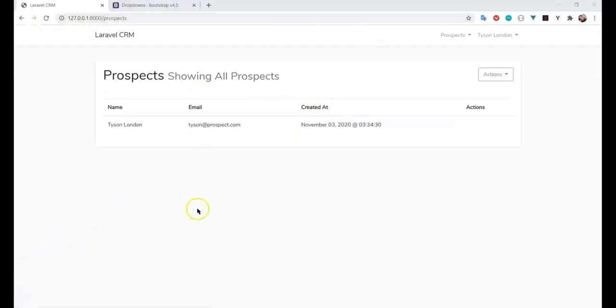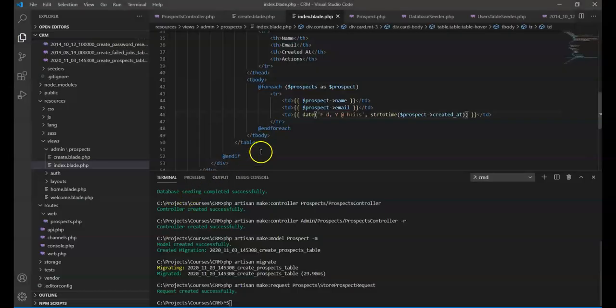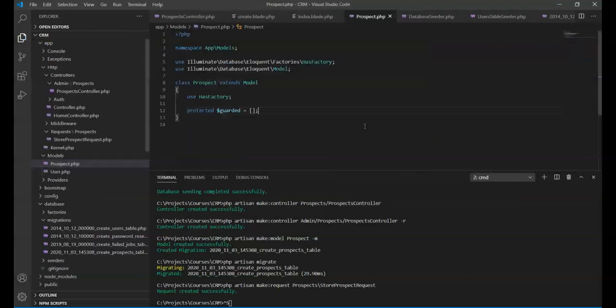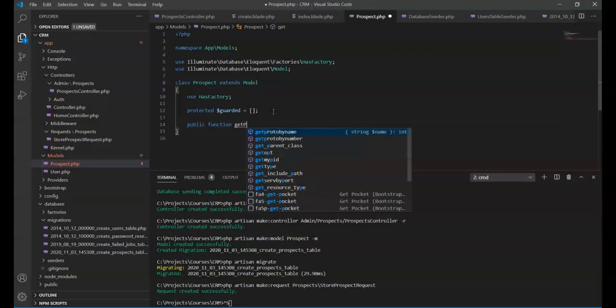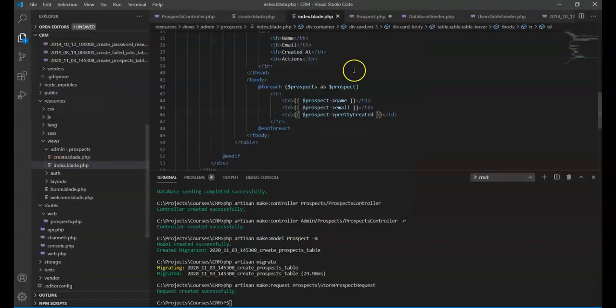So, and actually talking about tweaking this is a good opportunity for us to actually add some custom attributes. So modify the data that's in the table and spit it out kind of differently. So let's do that here. So instead of doing this, let's actually create an attribute using a magic method, and we'll call this prospect dash pretty created. You name it whatever you want there, but we'll go to our prospect model now. So again, models, so app models prospect, and public function get pretty created